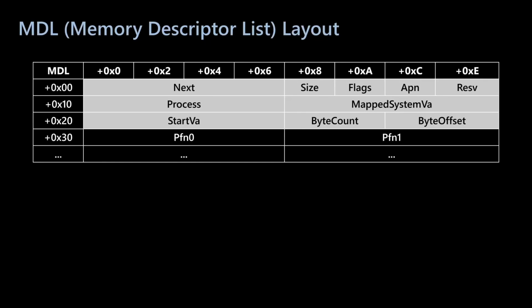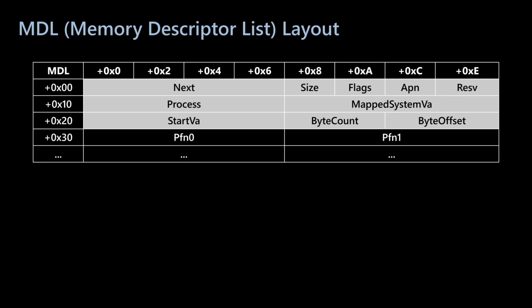Let's see the MDL data structure layout. It represents information for our buffer in physical memory. It consists of 2 parts, the fixed header and the variable PFN array. The fixed header occupies the first 48 bytes and contains several important fields. Next is a pointer to another MDL. In this way, several MDLs can be chained together